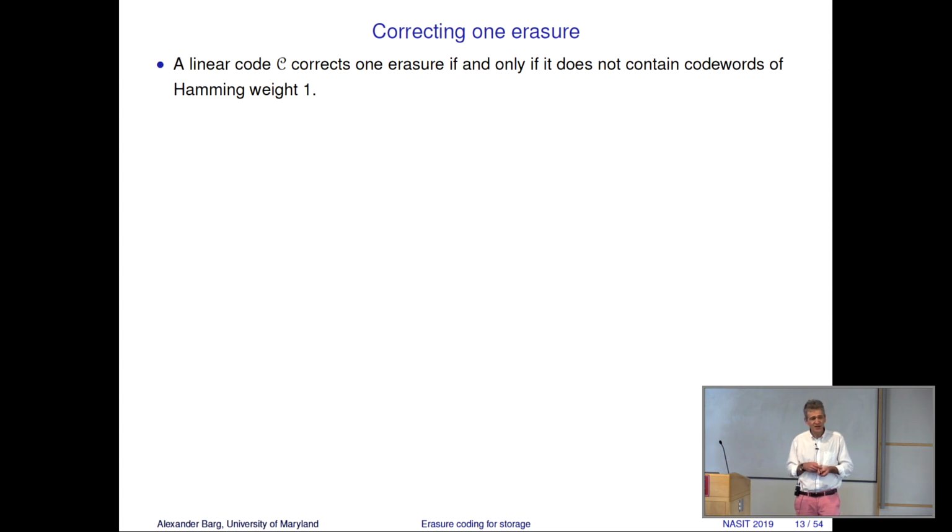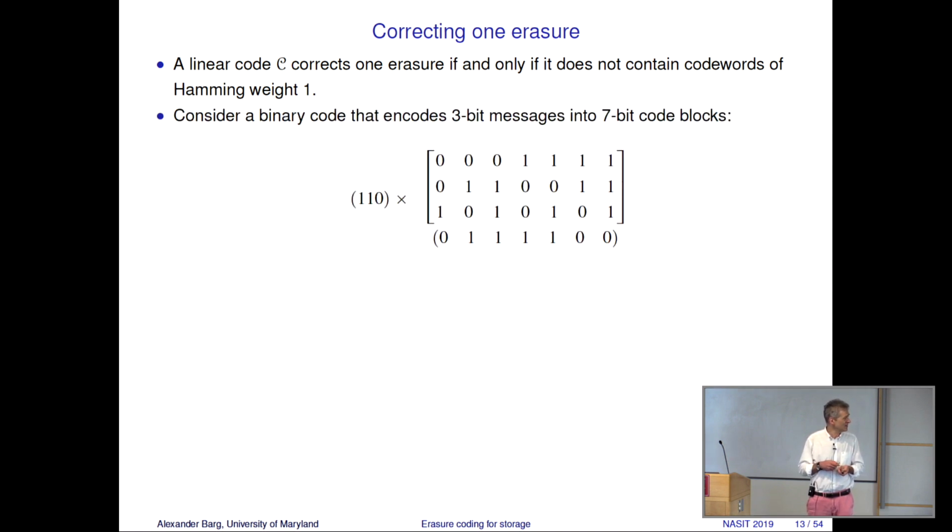And as you see, if the code is not completely out of whack, it will correct one erasure, so the Hamming distance 1. So let's consider this binary code with this parity check generator matrix. We encode 3 bits into 7 bits of the code. We take those 3 bits, multiply by the first, by the second, by the 7th column, and this is the encoding. So we have encoded 3 bits of the data into a 7-bit code word. All right? It will correct one erasure.